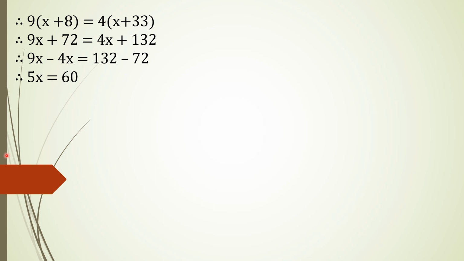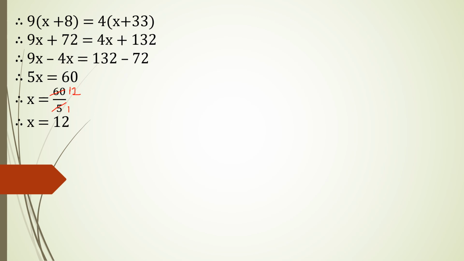Now let's find the value of the variable x. Therefore x equal to 60 upon 5. Okay. Now further you can simplify, students, yes or no. So 5 ones are 5, 1 remains, so 10 it will become. So 5 twos are 10. So you got x equal to 12. Therefore x equal to 12.